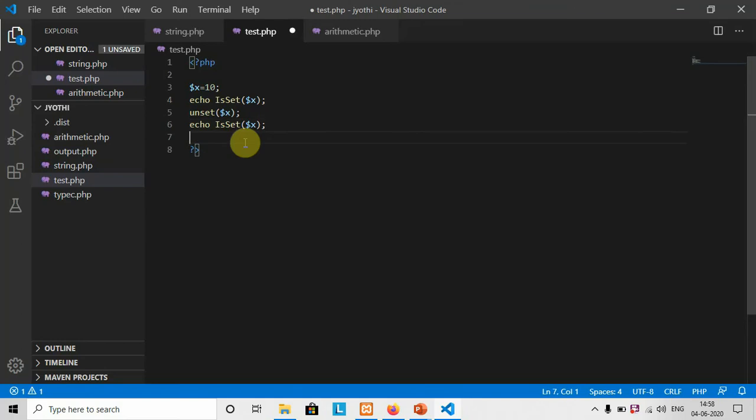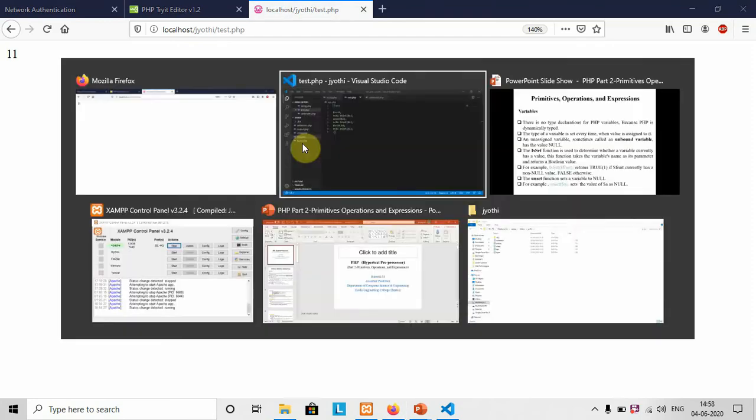Again, once again I can change it. Now you can understand what is going to happen. That means x is equal to something like, let it be 10.10. So now what is the situation? Once again we are going to set this value, and again we can use the same function to check whether the particular variable is set or not. So what will be the output now? You can see that there is one more 1. Why is this the true case? Because at that time we have set it.